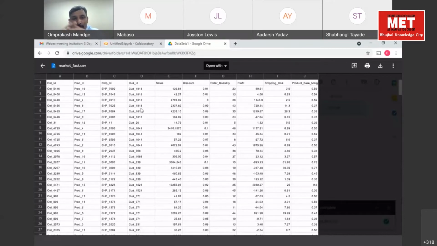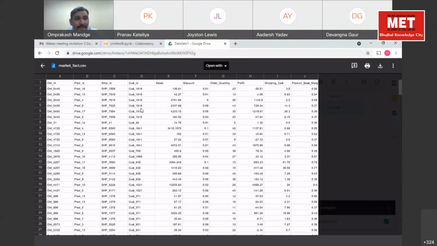Okay, data is something collected. Every day we are dealing with data. Since the morning till evening, we deal with data. And what we do, we organize this data so that we can make sense out of that particular data. If we organize the data in the format which is shown on the screen, we call it structured data.